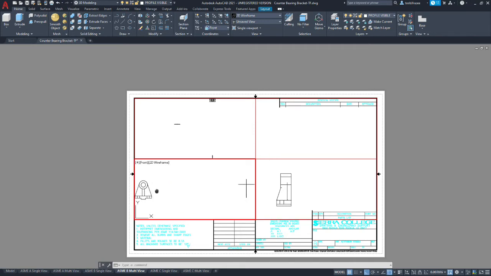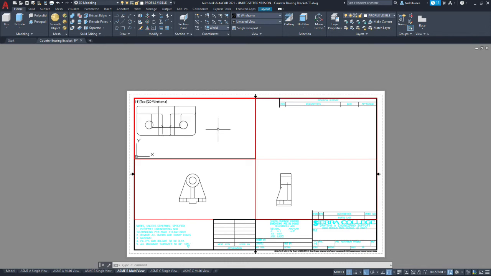Okay, so we're going to pan. And if they're not the same size, that's okay at this point. We just want to be able to see what we're working with. Okay. Each of your viewports should be in 2D wireframe.